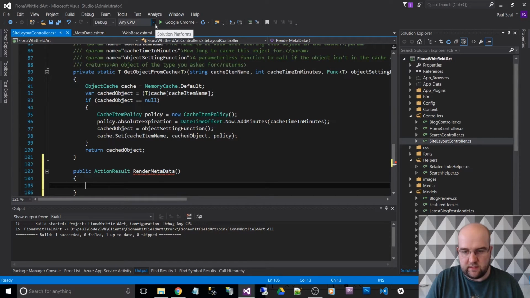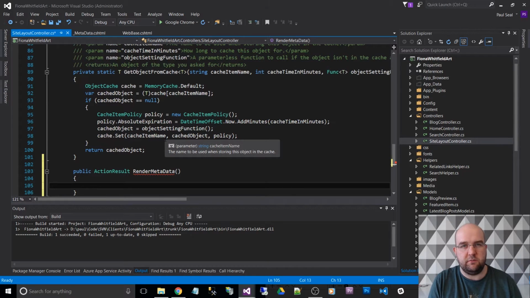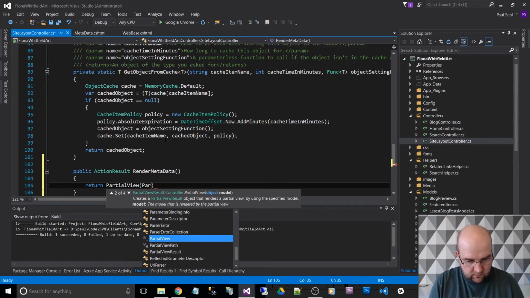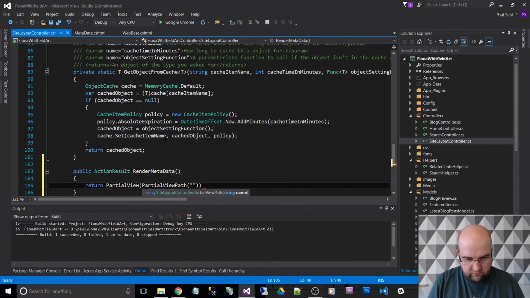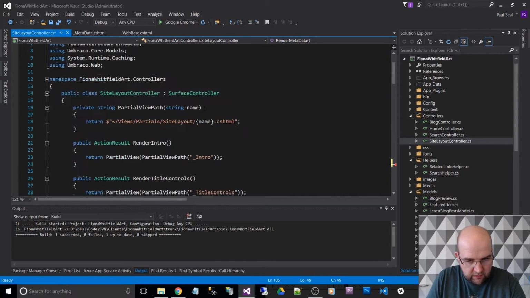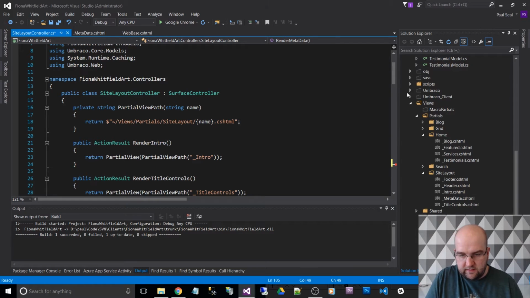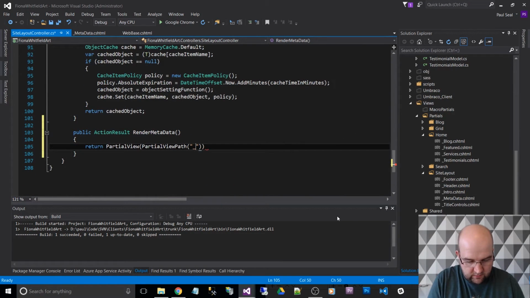or SEO. I have confused things here by calling it meta and SEO. Sorry about that. SEO, search engine optimization. Search engines use the metadata from your site. So I want to return a partial view, and the partial view is within the scope of this, which is at the top, partial view path up here. So that's going to come back with this scope and then the name. So the partial view I need is the one called underscore metadata,